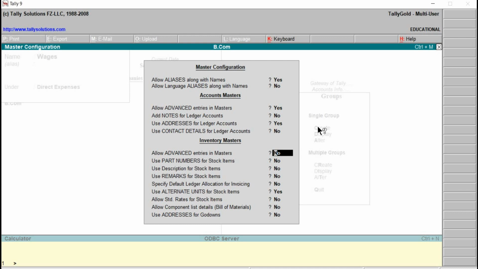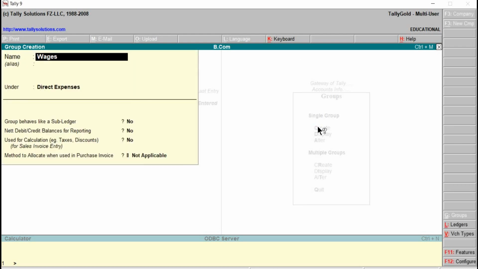Suppose if we are not interested in pressing enter, enter, enter, we can just save and quit back. To save and quit back, we have to make use of the key that will be Control and A. This is the advanced mode of creating the user-defined group.